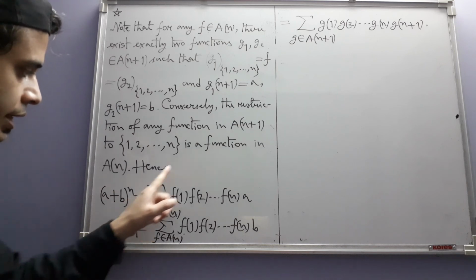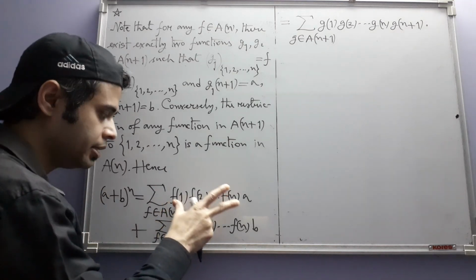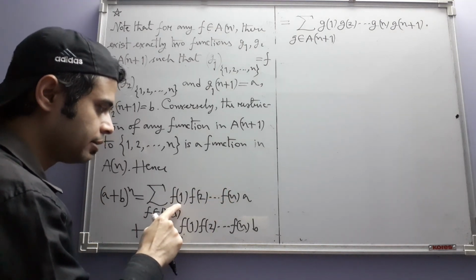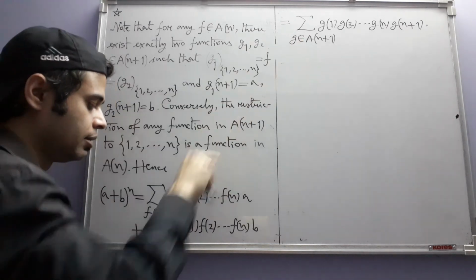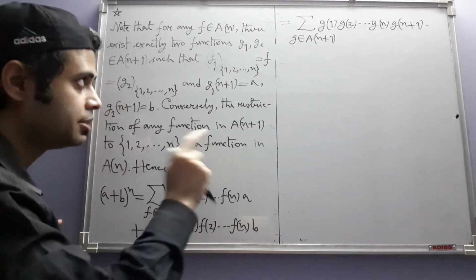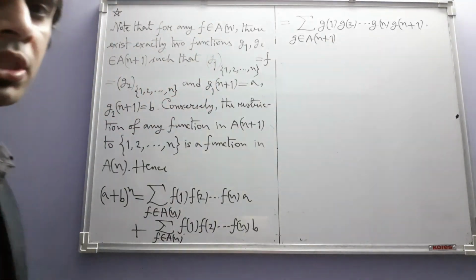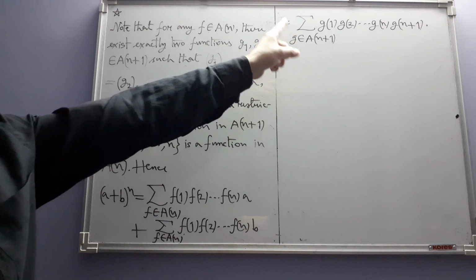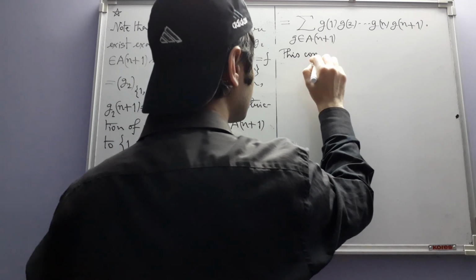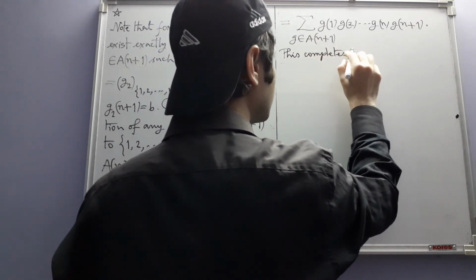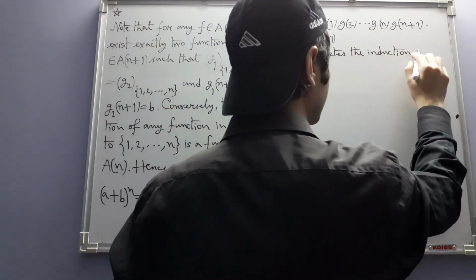Conversely, you take any term from any one of these two sums. Say I take a term from here. Then corresponding to that, there exists a g1. So that term will appear here. Similarly for this sum. So that's why these two are equal. So, this is the required form that we want when we have n plus 1 in place of n. This completes the induction and